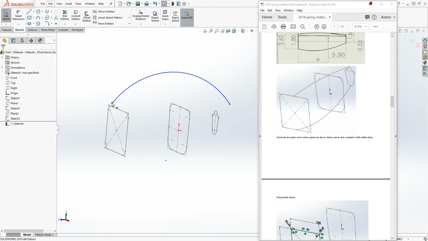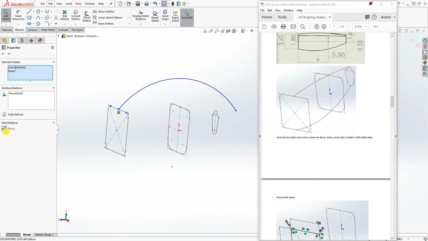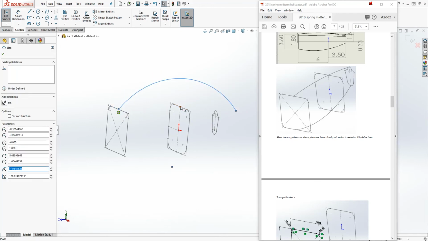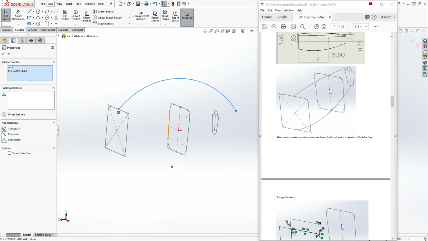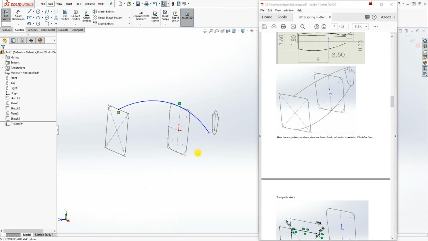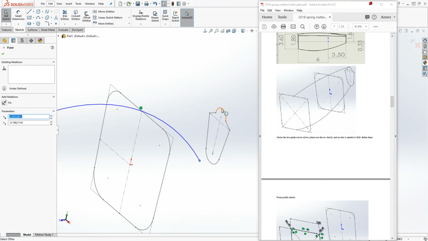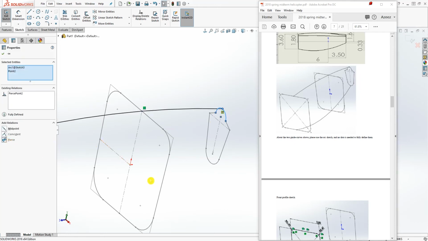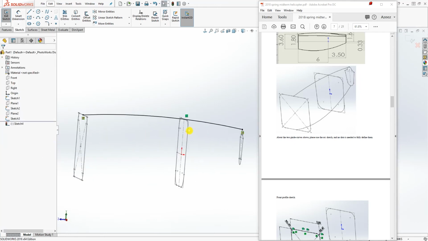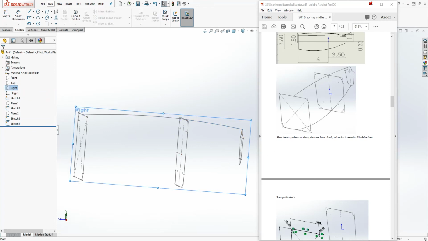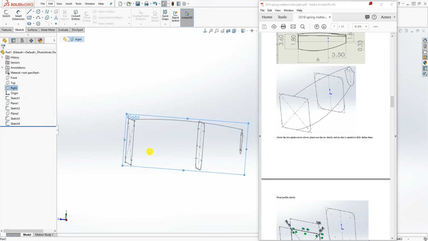So what I would do is select this point and that line, pierce. This line, this arc, and that point, make it coincident, and this point and this arc over here, and pierce it. So now I have a fully defined sketch. Exit out of that, click on the right plane again, and we're going to do the same thing on the bottom. So sketch, 3-point arc,